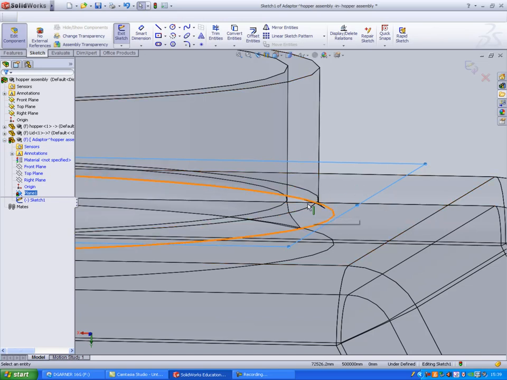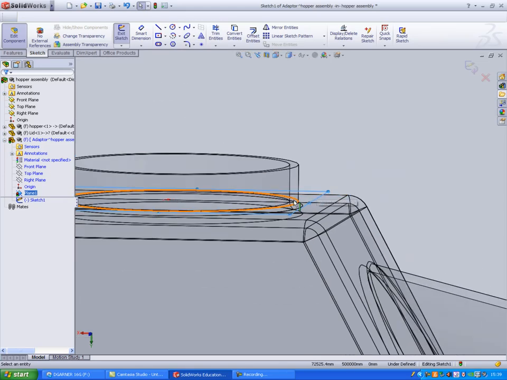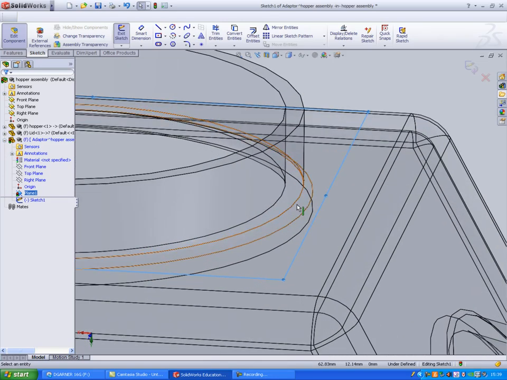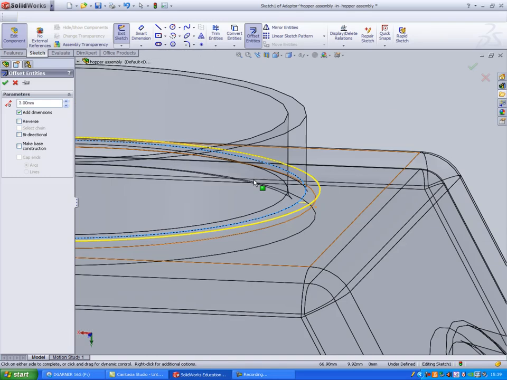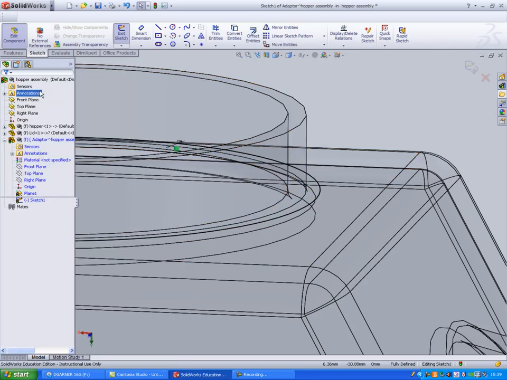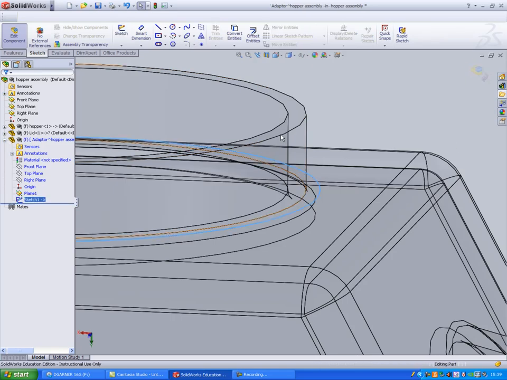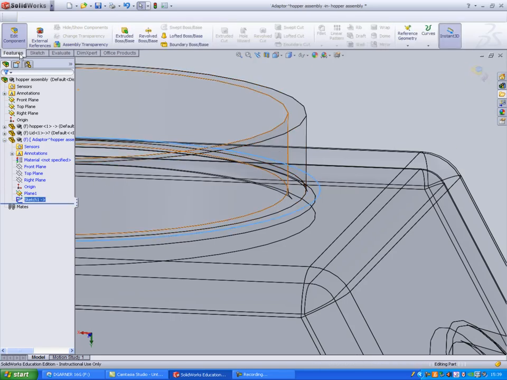I then want to create my first sketch on that plane. To link the adapter to the size of the hopper, the circular protrusion on the bottom of the hopper, I'm going to use offset entities. Pick the top of the fillet. I'm choosing a 3mm offset to give me my wall thickness that I want. Finish the sketch and then extrude